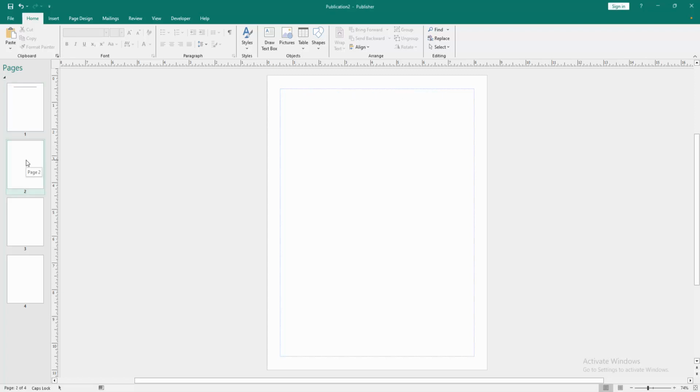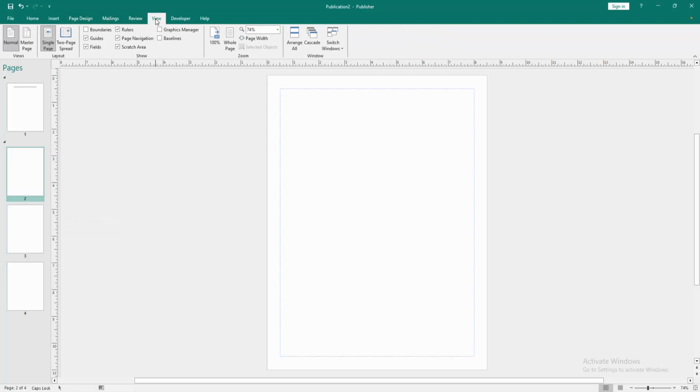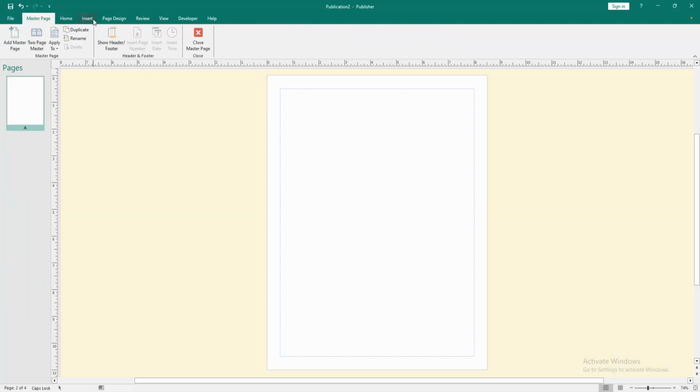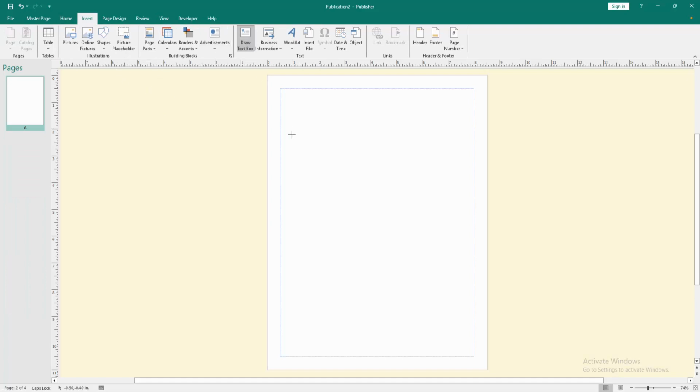Go to the second page, then right-click on our mouse and select Insert Section. Then go to the View menu, and we can see here the Master Pages option. Select this, then go to the Insert menu, click the Draw Text Box option and draw a text box, then